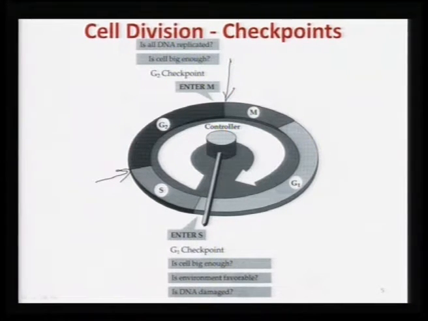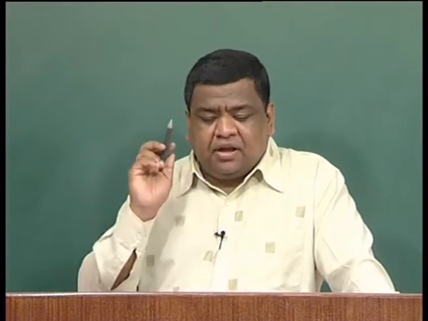So, all these checkpoints, again I repeat, are important because these checkpoints will control, or there will be polishing here at this checkpoint, and if any of the criteria is not satisfied, then the cells will not move from that stage to the next consecutive stage, and the cells will activate their own suicidal program, so that the cell will undergo apoptosis or the death process. Okay. So, this is the important thing about the checkpoints.